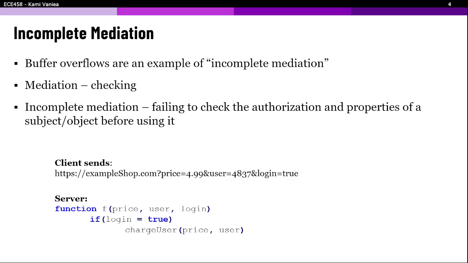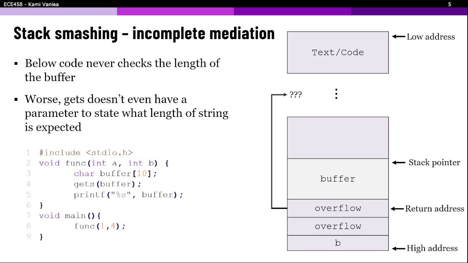So when we talked about access control, I said there's this theoretical concept of a reference monitor, and no access should happen without going through the reference monitor. The attacker's goal is to gain access without going through the reference monitor, and that's what we're going to be talking about, how they can do that today. One example of that is what we talked about on Monday, stack smashing. This whole idea of a buffer overflow or a buffer overread.